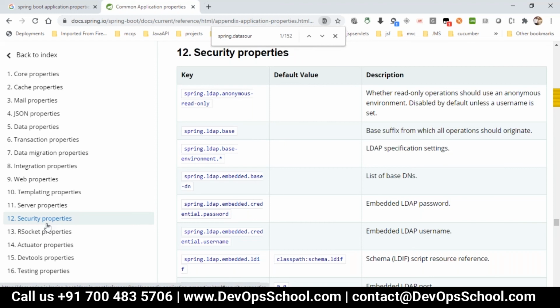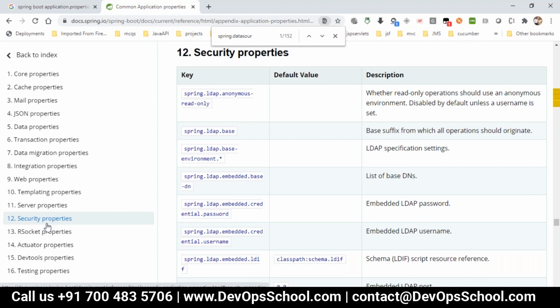When you actually do development, we will have active profiles, that is, which profile should be picked up. You have some properties for development, some for production, and different properties for QA testing. So you will create three different property files, like test properties, dev properties, and production properties.